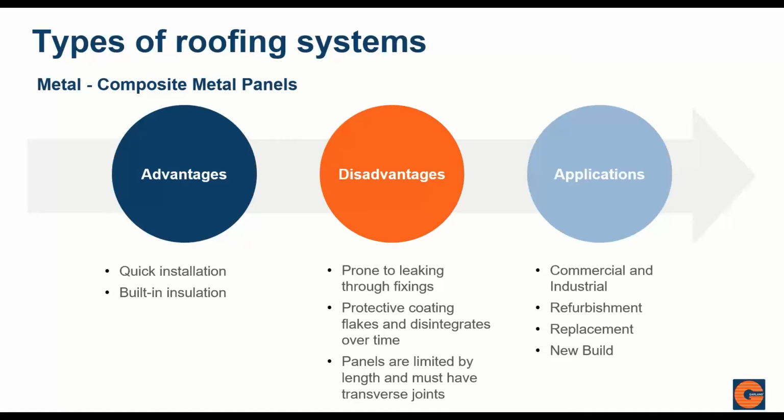So, metal composite panels. This is very similar to what we would class as a twin skin system for traditional wall claddings we've seen in the previous slide. Apart from this is pre-manufactured in a factory, and it comes as one item to site with an inner and outer panel with insulation sandwiched between. And having just this one element as part of construction means that there's a hugely fast install. You can cover huge amounts of space in a small amount of